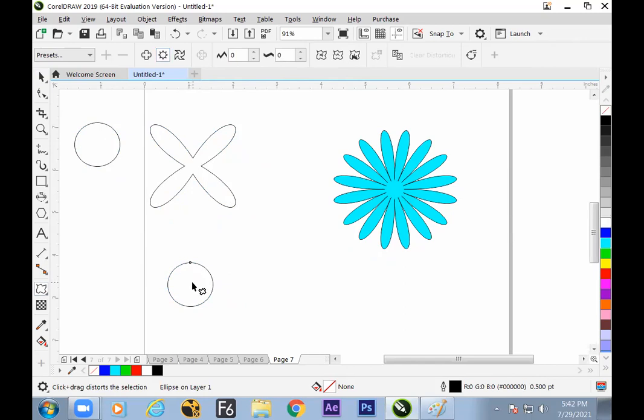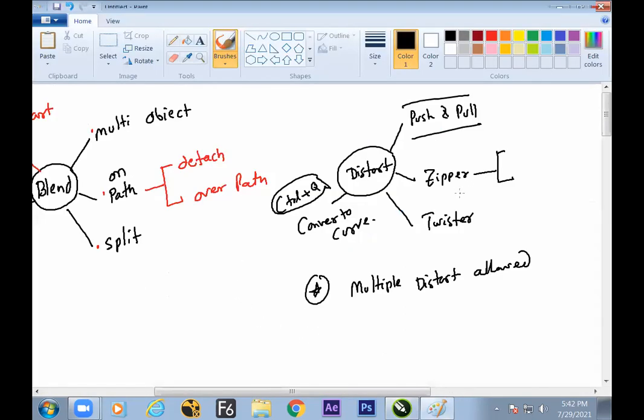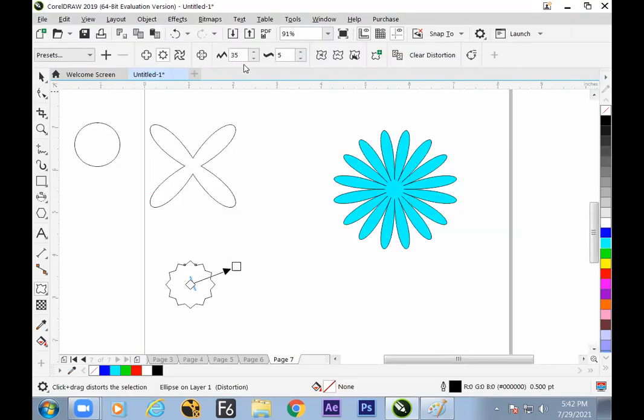It makes very sharp out. The behavior remains the same. It makes the smooth in, but it makes a very sharp out. Now, here what are the controllers? Zipper, as we have said, does have more features. Let us see the first feature. It allows changing the number of points. Okay, the distance, it is making the distance grow more. And here, we can increase the number of zips, or we can decrease it.